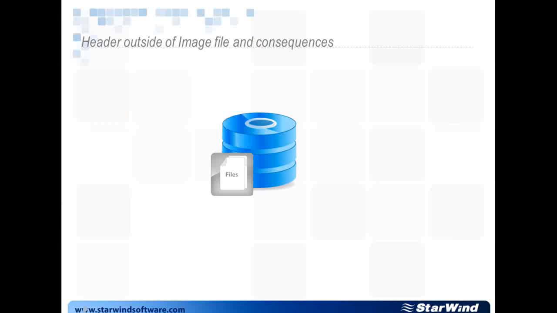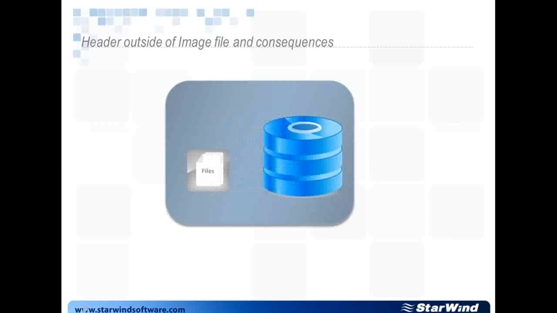One important thing that I haven't mentioned before. Previously, when using HA, you saw only a file that served as a virtual hard drive, and the header of this file contains the information about synchronization of this device. In the new version, we get this header outside the image files. As a result,